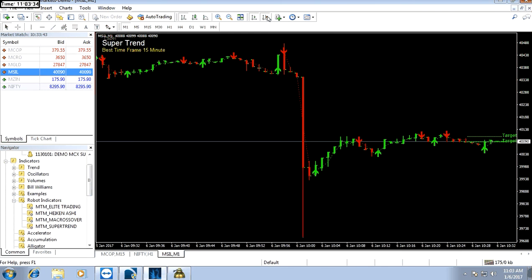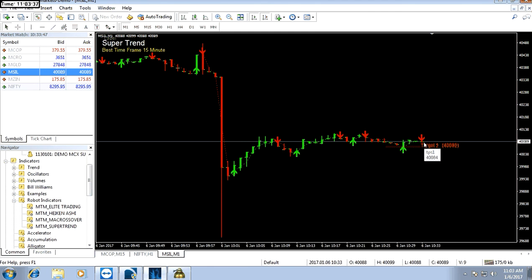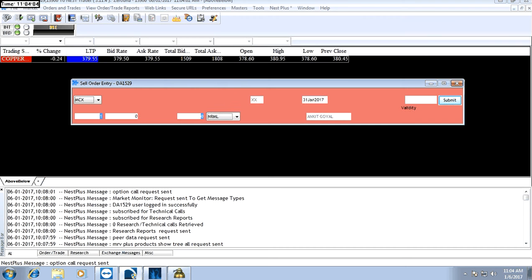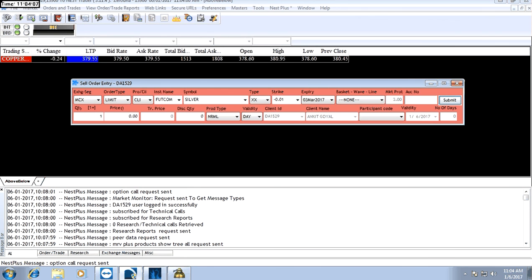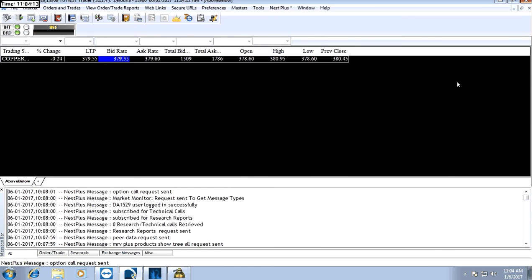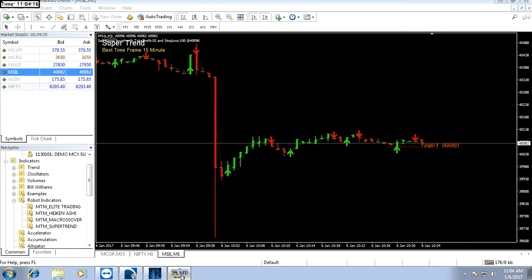The chart is moving. Whenever the sell arrow comes, like the sell arrow is coming now, and whenever it completes the 1 minute time frame candle, it will automatically push the order. We need to see how it will push the order. You can watch till the arrow comes. Yes, you can see now it has pushed the order, but it stopped on submit because we have clicked on debug mode. If we remove the debug mode, it will automatically take the trade into the terminal.